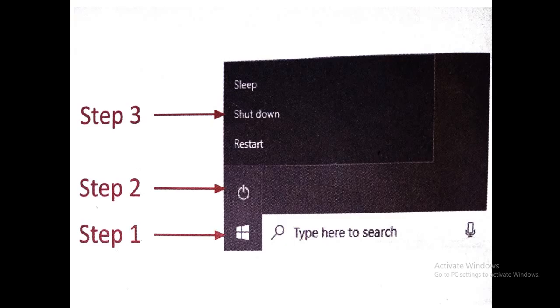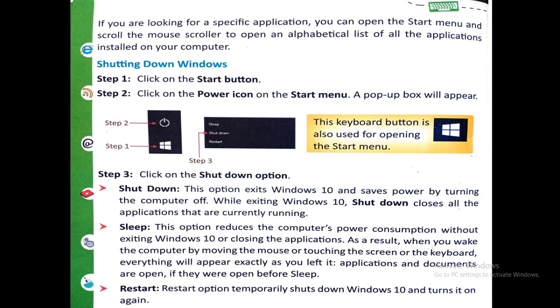And next is restart. The restart option temporarily shuts down Windows 10 and turns it on again. It means your computer will not shut down permanently.